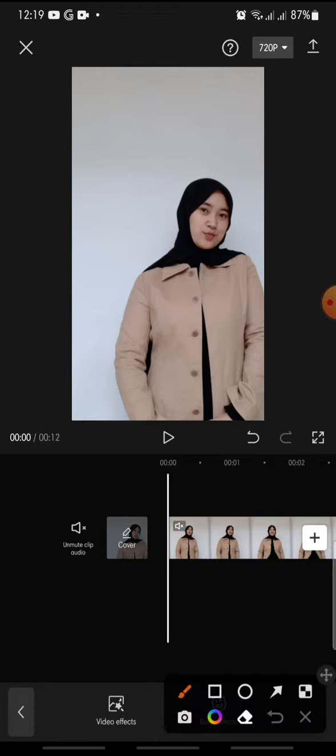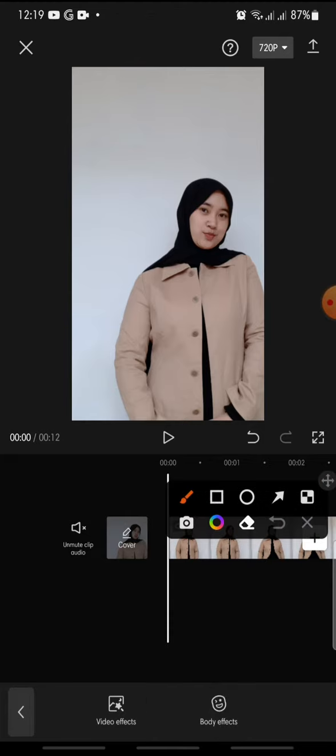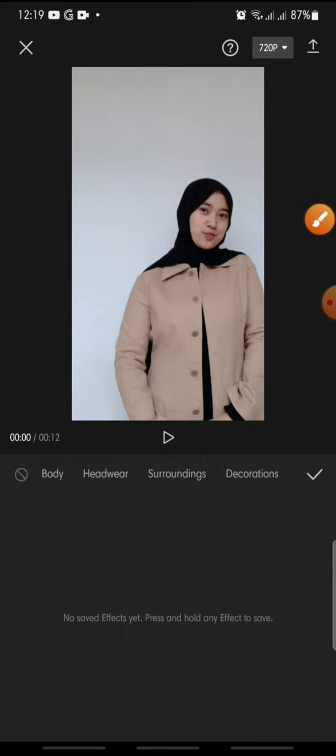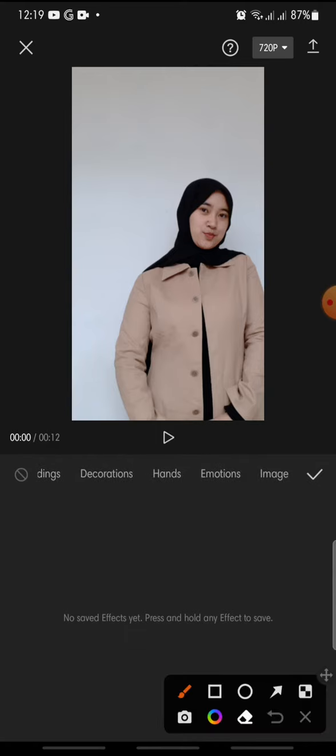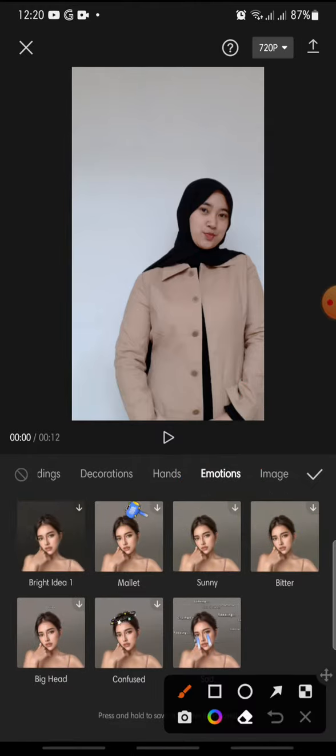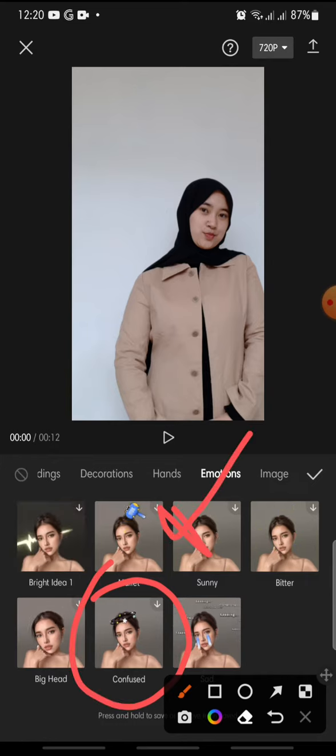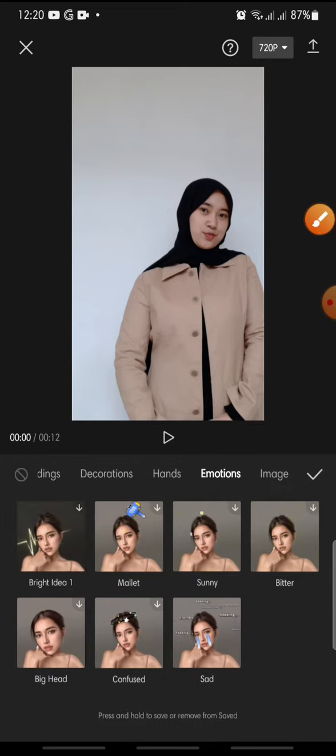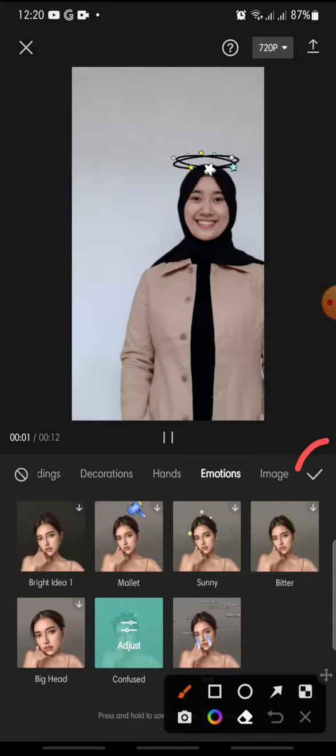And after this, you can click on the body effect. And at the menu, you can swipe until you can see emotion. And you can click on it and swipe down until you can see confuse emotion effect. This is the confuse emotion effect, so you just click on it, and after this you can click check icon